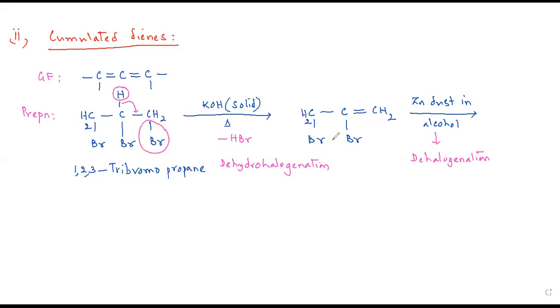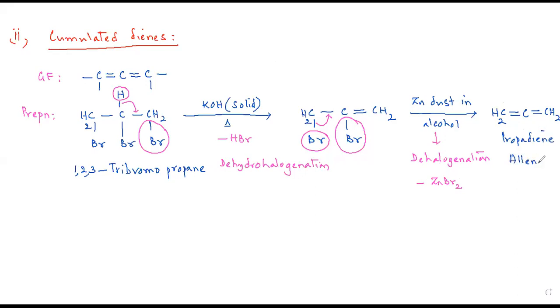Come on, let us remove this way. And then this one will come here. So the thing that gets eliminated is ZnBr2, right? Then that's it. We got our propadiene,